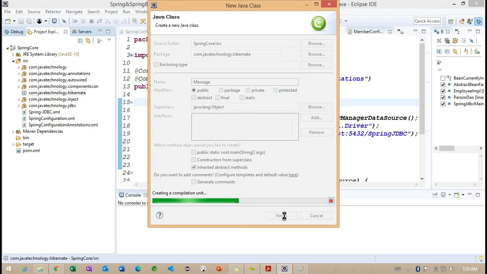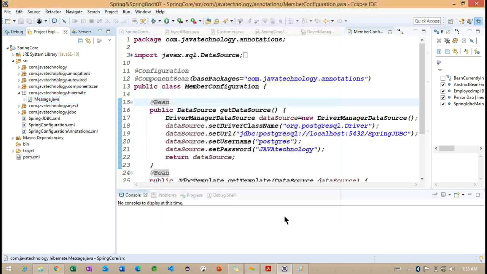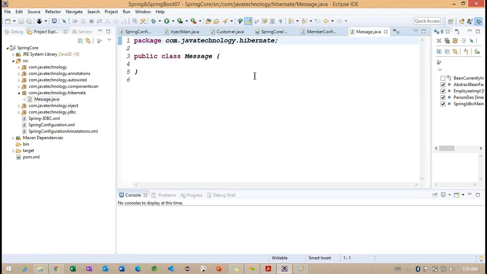Observe how I'm creating this message. Inside this message, I want to provide some properties.